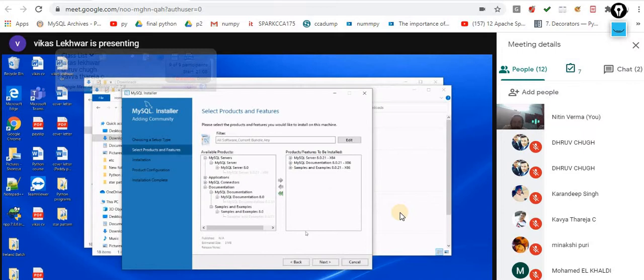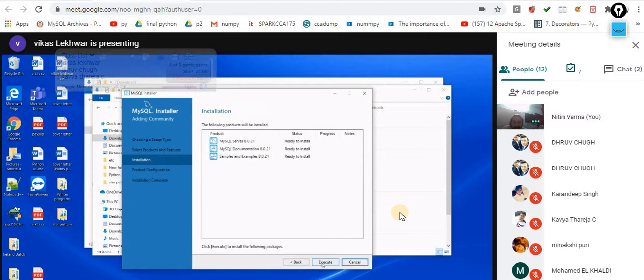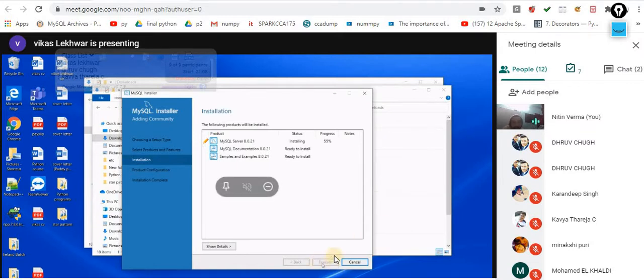No problem, it will work fine. So execute. Yes, execute. Now it's working. Yeah, because people forgot to do the execution. That is the main problem. Oh, but there was no option for executing. Okay, no problem. Whenever you are going to install this MySQL, make sure that you perform this execution. Otherwise, your MySQL will not install. Normally, people do next and finish.